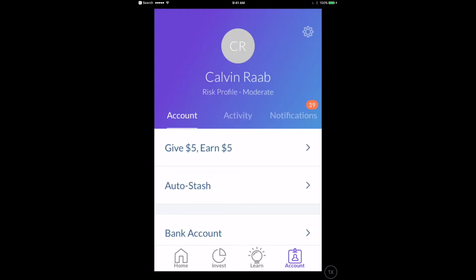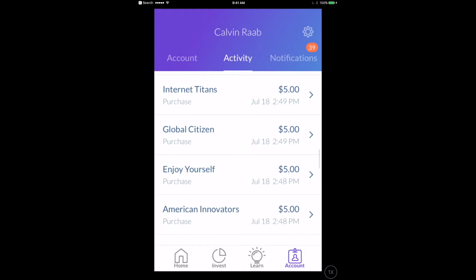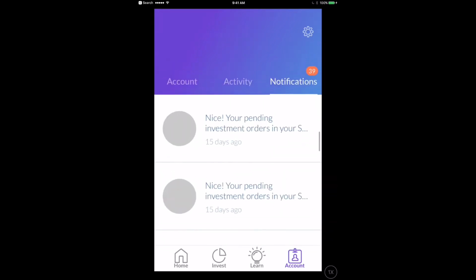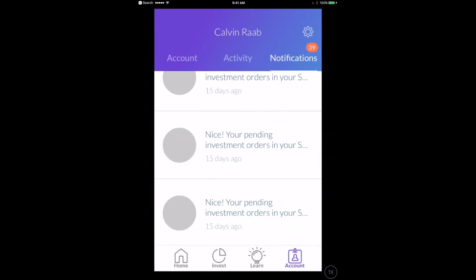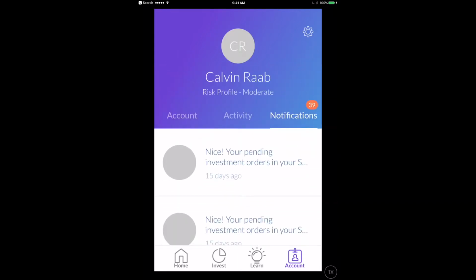Okay, the next place we're going to head over to is the activity. This is just another place to give you a summary of what you've been up to. So as you can see, I put $5 in a bunch of them. And notifications. These notifications are just here letting you know when an order goes through. So nothing too exciting there, but it's always good to get them when you deposit money or something, to know that it was finalized. Alright, so that's a good review of everything,